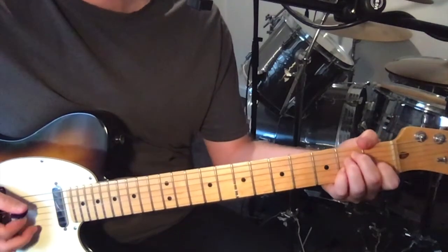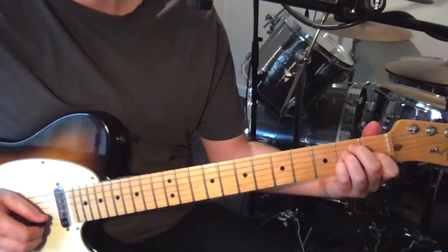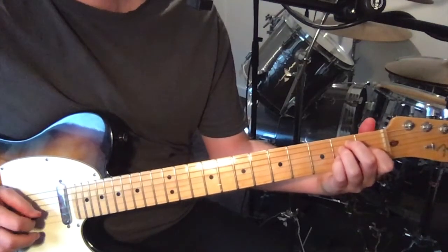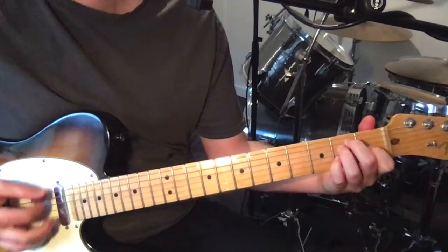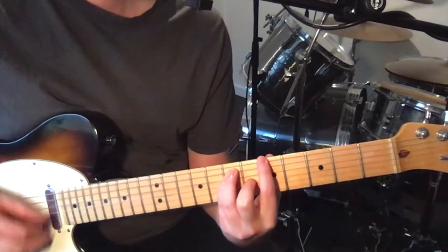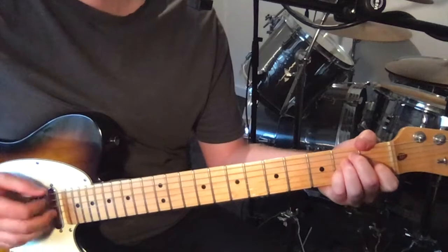We just got this little movement, which is just putting your pinky down on the 2nd fret on the 3rd string. Then you go back to the A, back to E,